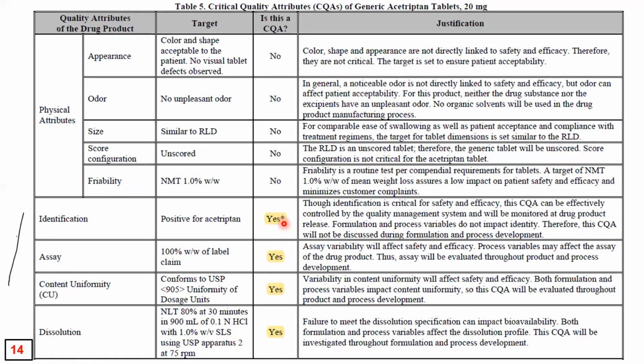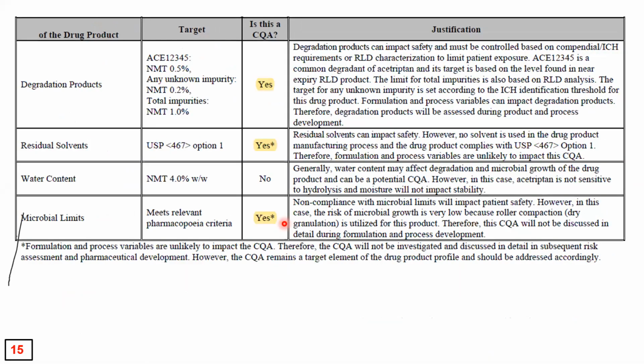I will tell you what these star marks are. Similarly, degradation products. Hope everybody knows what a degradation product is. When you keep a drug for a long period of time, or when you subject the drug to stress conditions like oxidation, sunlight or heat, there is a chance of the drug being degraded. The degraded part leads to the formation of degradation products, which are toxic because they have not been officially tested for safety or efficacy. So what are the products?